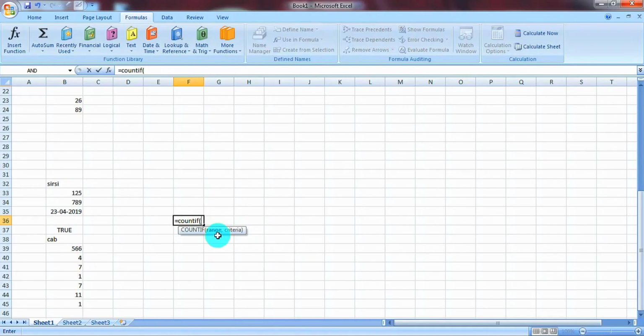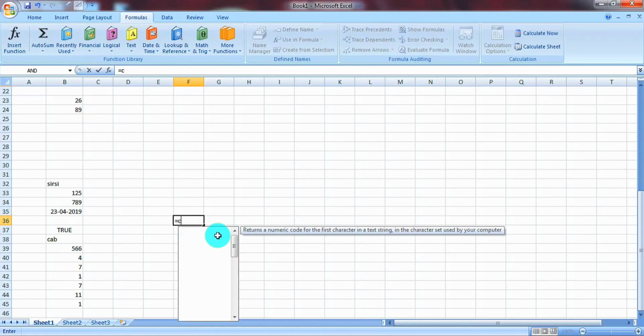Range is the range where you want to check the condition or criteria, and criteria is the condition or expression when this condition is satisfied, then only the cells in the range are counted and that value is returned.